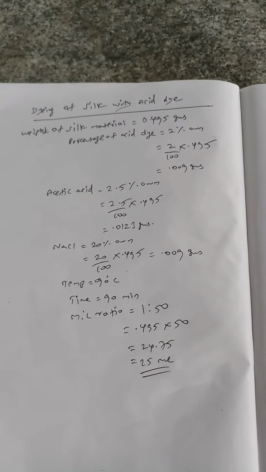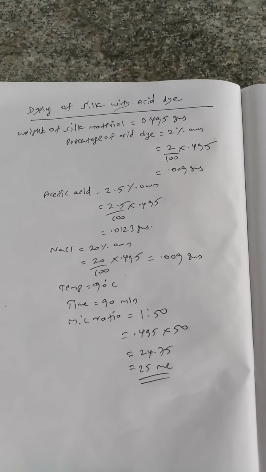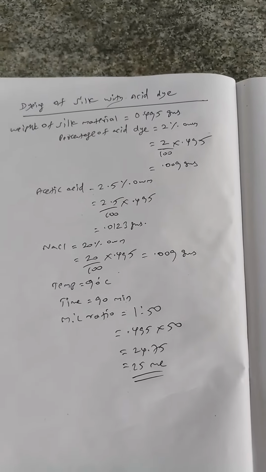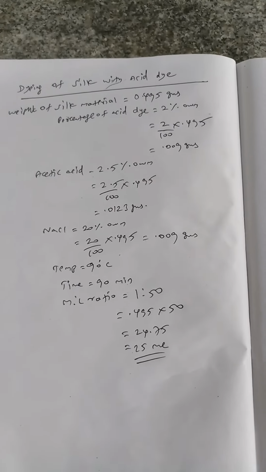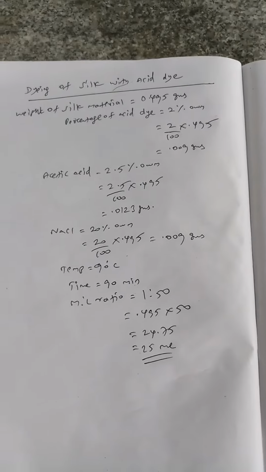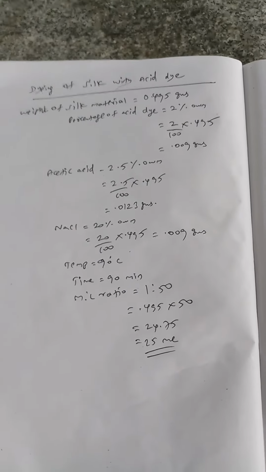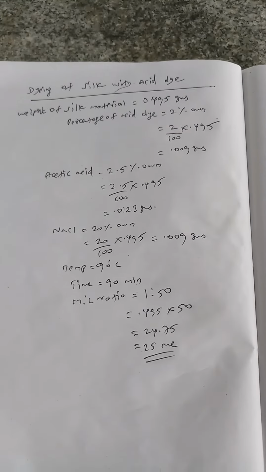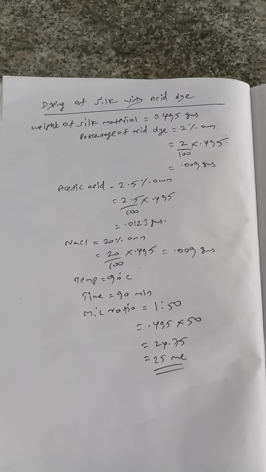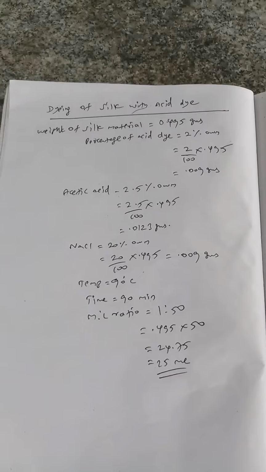The percentage of acid dye to be taken to dye silk fabric is 2% on weight of material, and that is found to be 0.009 grams. And the acetic acid of 2.5% on weight of material has to be taken, and it should be 0.0123 grams. And sodium chloride of 20% on weight of material has been found as